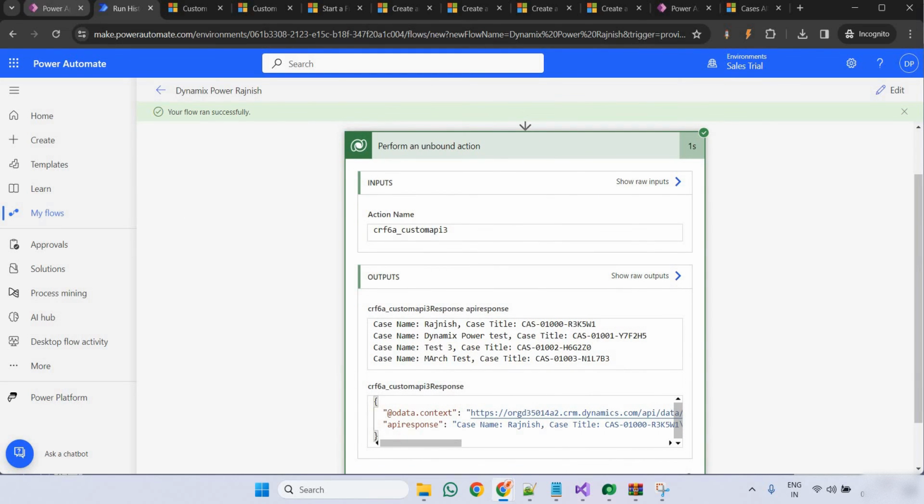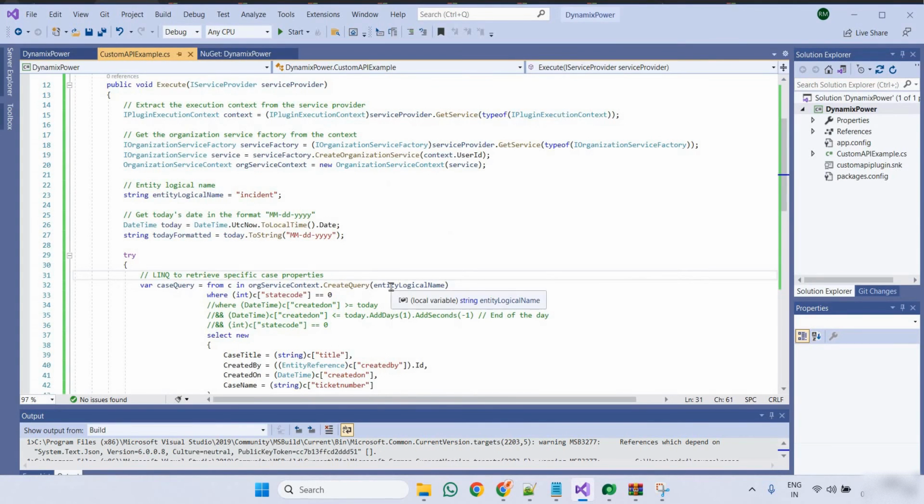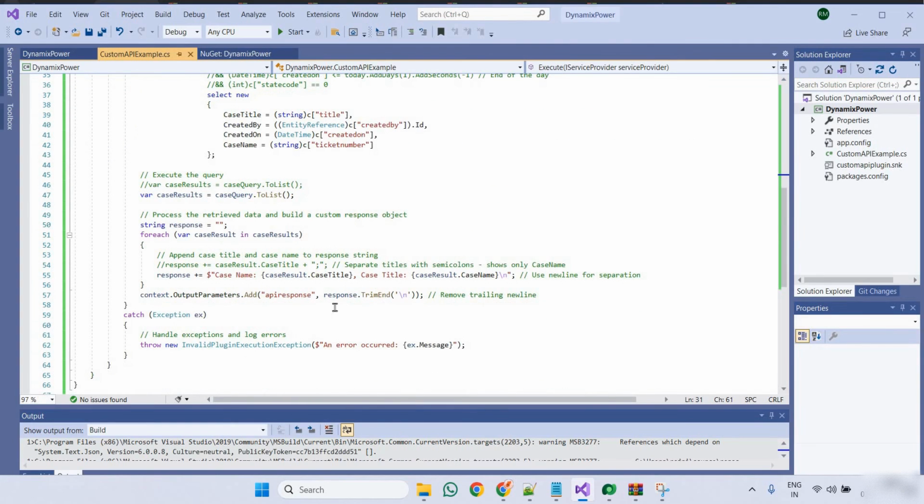What we have learned here is how to create a plugin and register it. Sorry, how to create a custom API and all. Before ending the video, let me give you one more tip. Right now we are returning just the string. Now let's see if you want to use objects and return them in JSON format, because that may be used for other purposes. For that, we can simply build and return the response